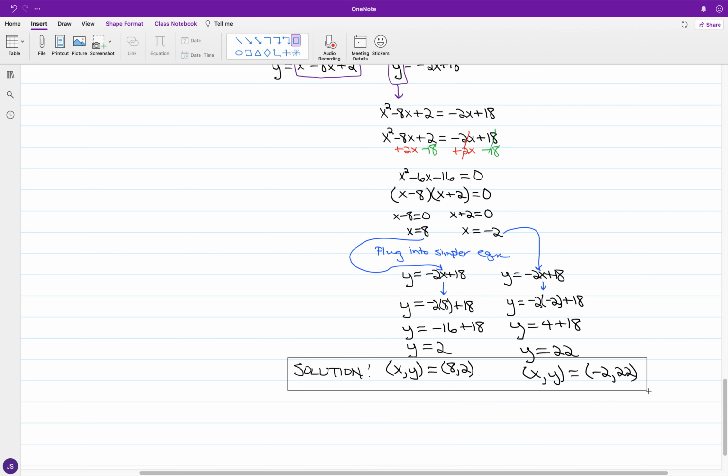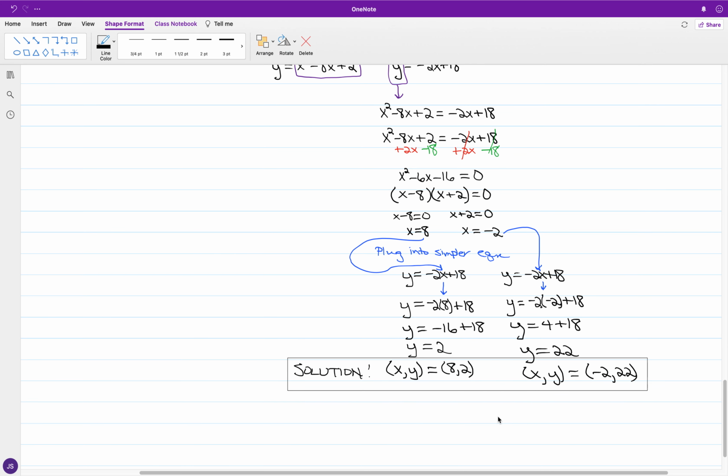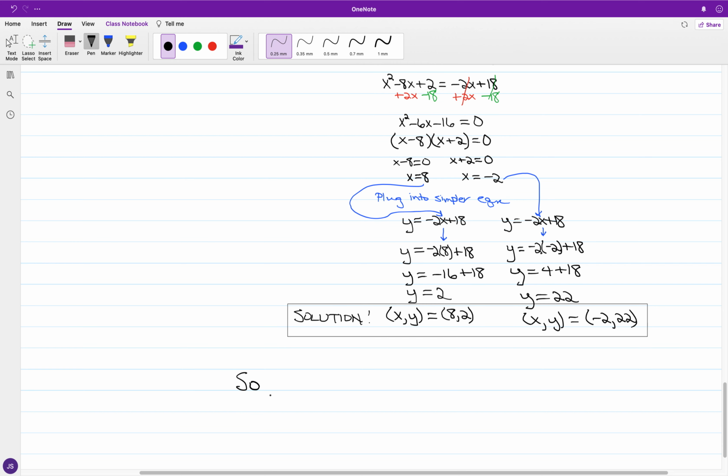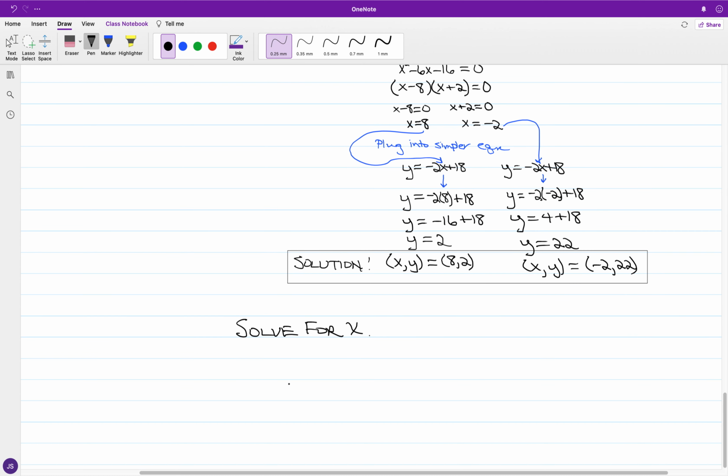Okay, so we have xy, again at 8, 2 is one combination, and also xy at negative 2 and 22 as the other. Okay, and just kind of taking what we have, going back to exponents and logarithms. And we'll say that we have, in the case of solving for x, let's see what we get in the case of